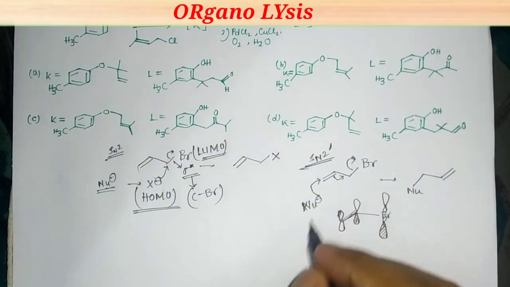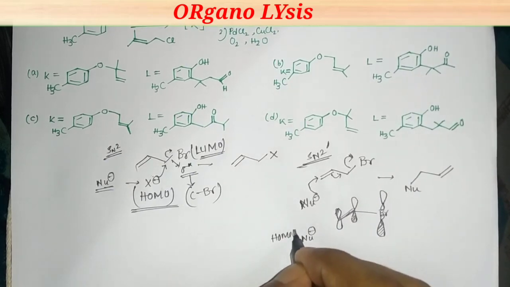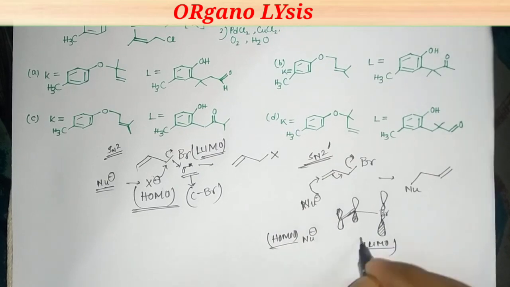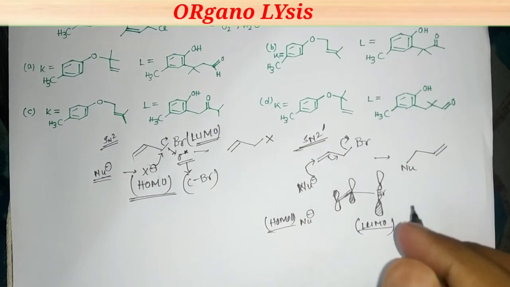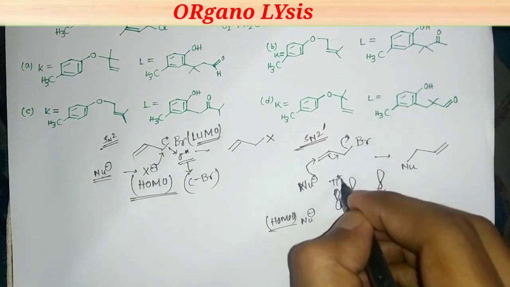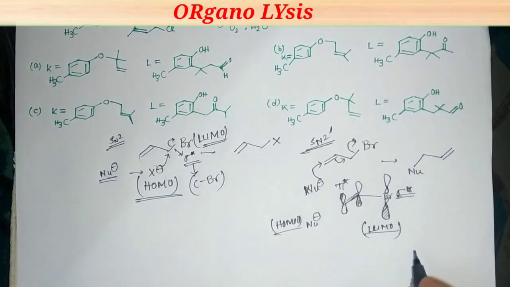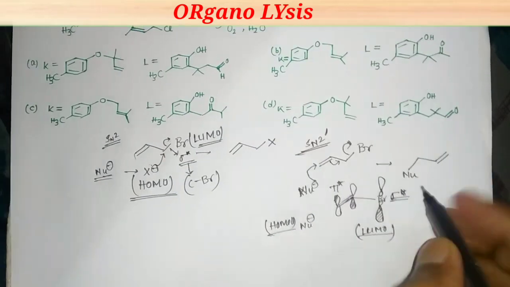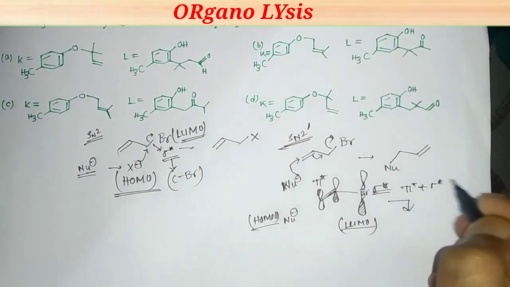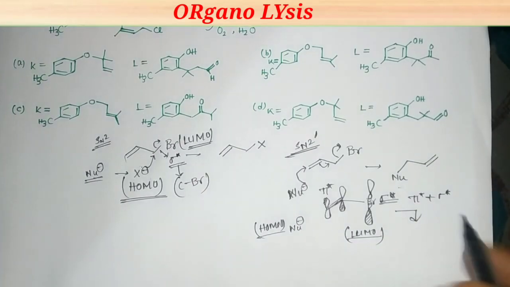So you have to consider that this nucleophile has a HOMO and this system has its own LUMO. So this is your HOMO-LUMO interaction. Similarly, this is your pi star, this is your pi star, and this is your sigma star. There is a chance of an interaction between this pi star and sigma star. They will combine with each other and form a lower energy orbital, that is this